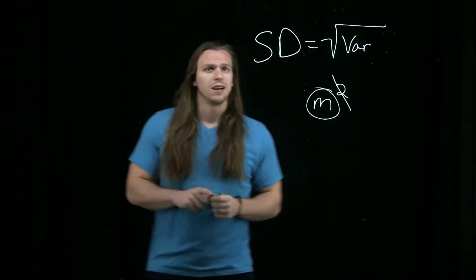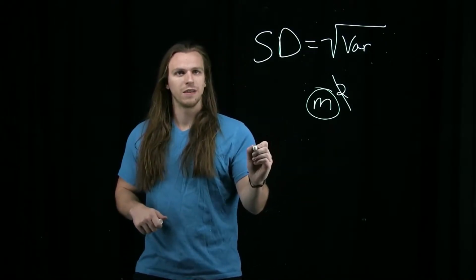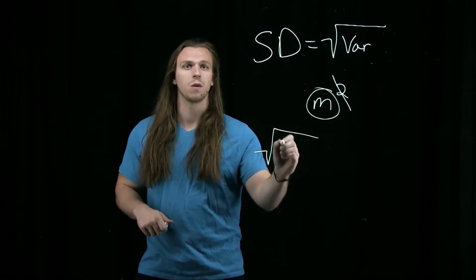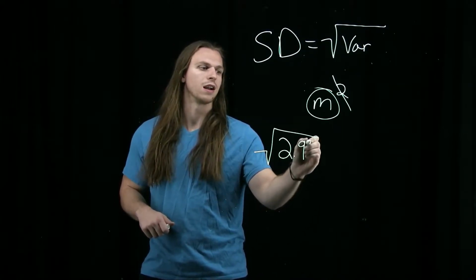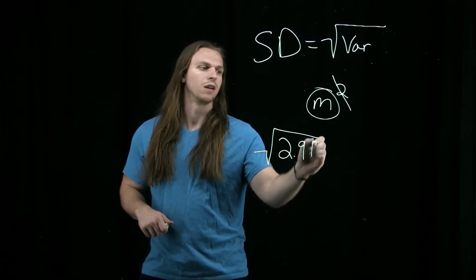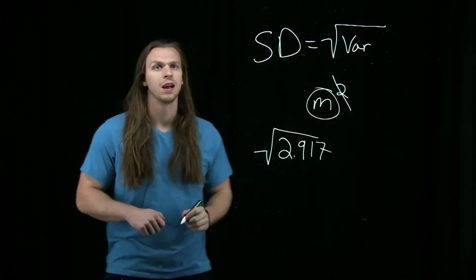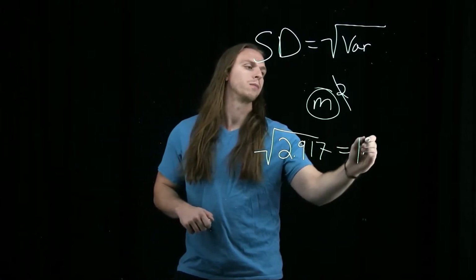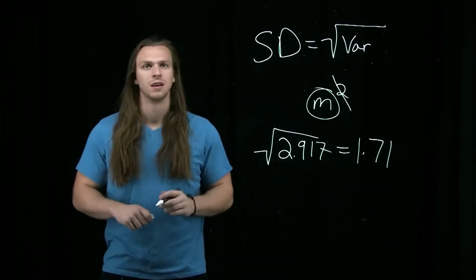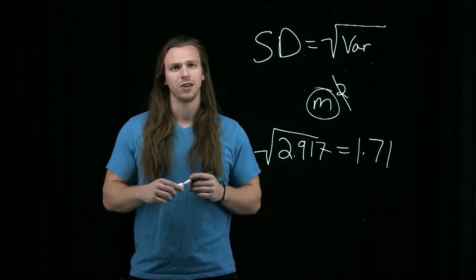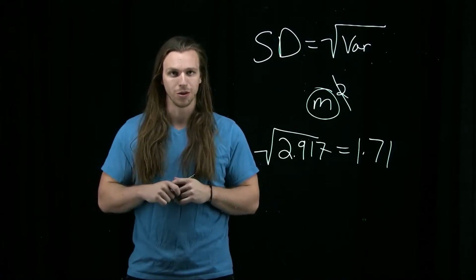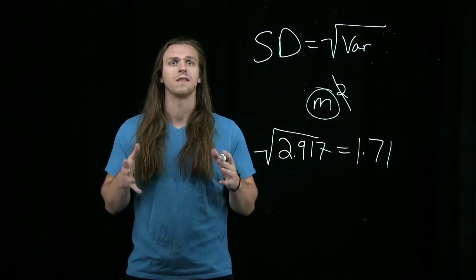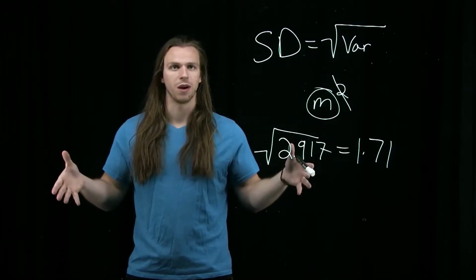Going back to the die example, the standard deviation is the square root of 2.917, which is equal to 1.71. A low standard deviation means there's a compact probability distribution, while a high standard deviation means that it's spread out,